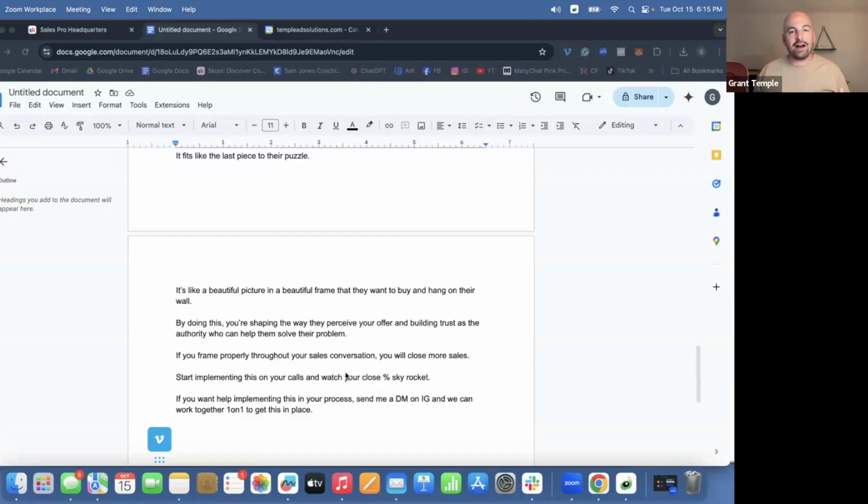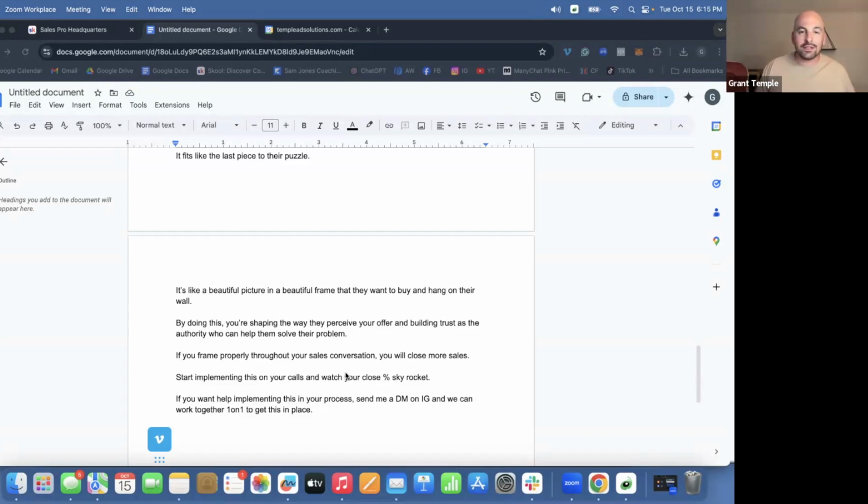You need to give them value and advice so they know exactly what they're missing. You have to illuminate the gap from where they are now to where they want to be. And then your offer can be the bridge that gets them over that gap, right? You can help them implement the things that you talked about on the call. So when they do hear the offer, it's like, oh, that makes complete sense. This is exactly what I need.